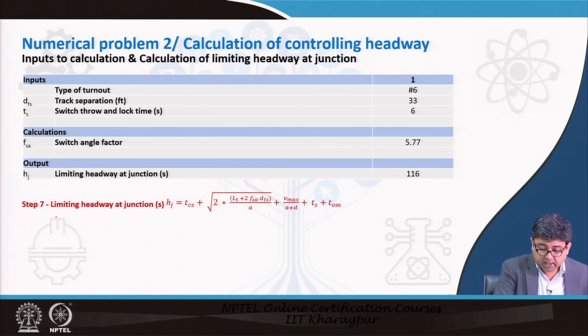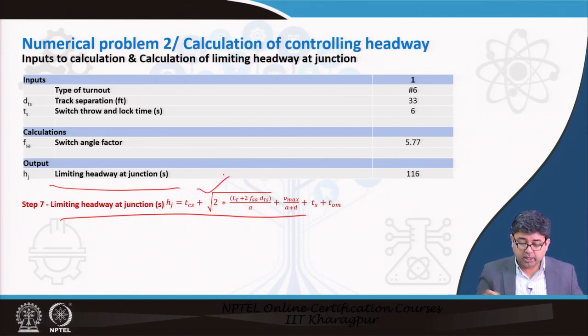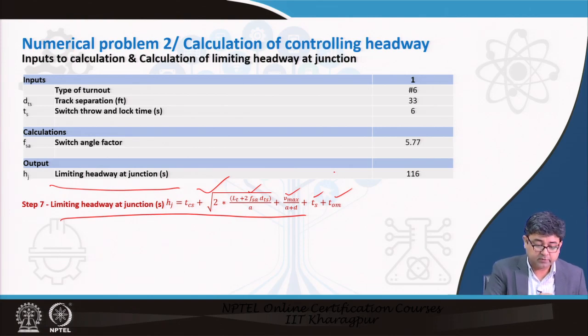Finally, you have to calculate the limiting headway. The third type of headway that you need to calculate is the limiting headway, and the limiting headway at the junction is calculated by this formula right here. You already have most of the input parameters that you have calculated in the previous ones. The only inputs that you will need here is the track separation in feet, how much your track separation